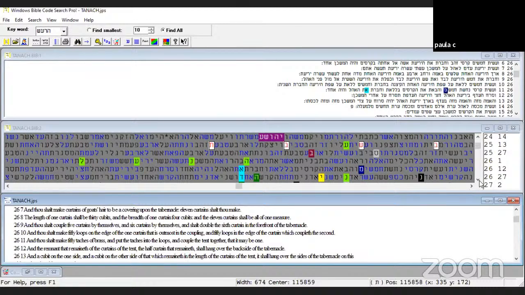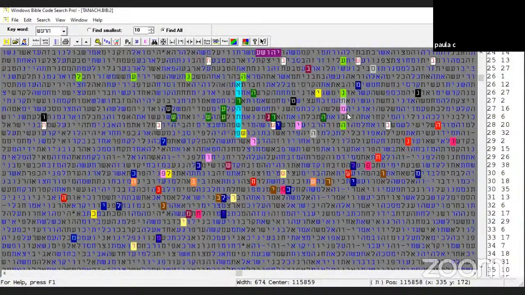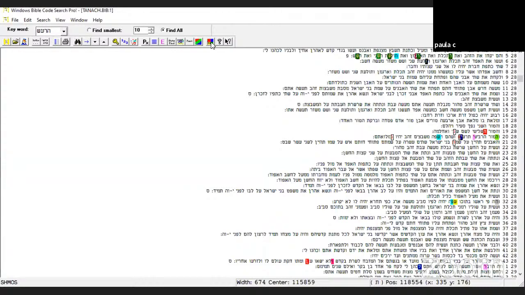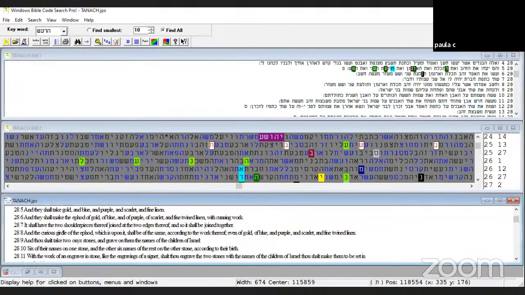And then you go down in this Dalit, it talks about the sockets of silver. And then here it talks about make the altar of shittim wood, and then the hanging of the gate. But here, where this ta is, it starts talking about the making of the ephod, which is always pretty awesome because that's where they had the connection to the Almighty.